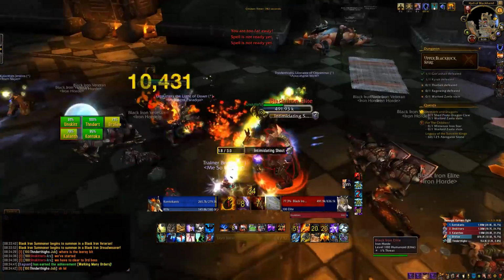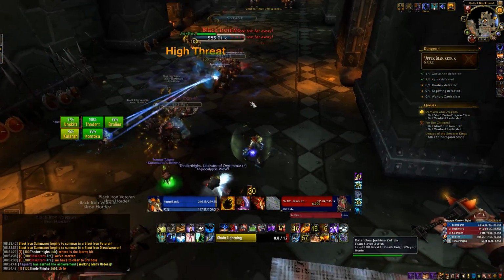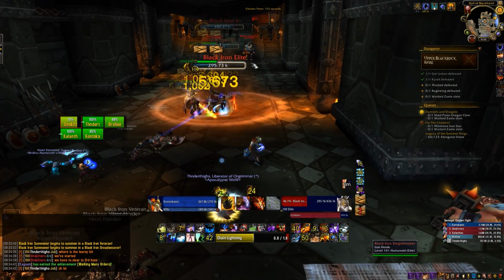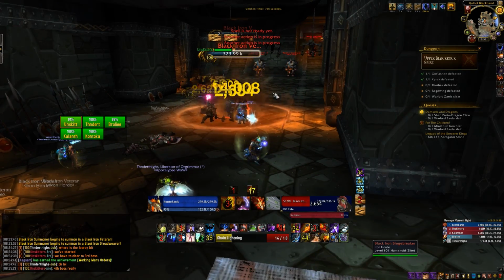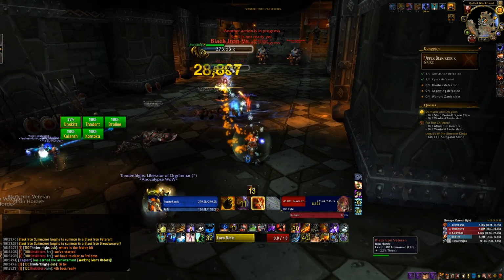And that elite was... Oh, here we go. Here comes the Intimidating Shout. We'll pop down the Grounding Totem because we want to save our... Oh, it looks like someone else interrupted him. That's fine. We want to save our interrupt for something else. Although it looks like there aren't actually any casters in this pack. So, minor mistake on my part. Again, you want to know exactly what you're fighting with or not. You can use your interrupts and your CCs and all that stuff. So, we will continue to...